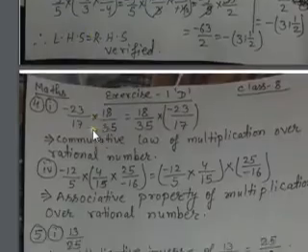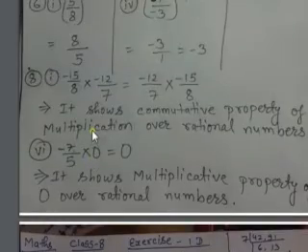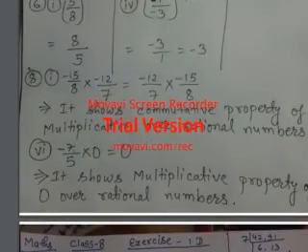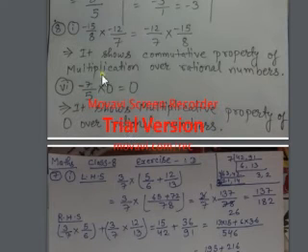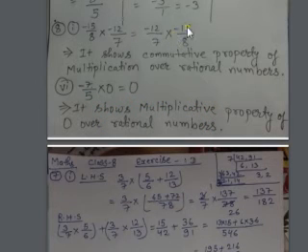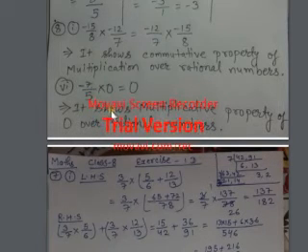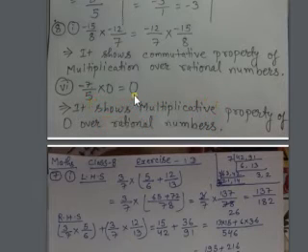Two I had written over here, you can see in question number 8. Minus 15 by 8 into minus 12 by 7 is equal to minus 12 by 7 into minus 15 by 8. It shows the commutative property of multiplication of rational numbers. In this way you have to write it in a whole big sentence. In the same way, minus 7 by 5 into 0 is equal to 0. It shows the multiplicative property of 0 over rational numbers. So it is the 0 property.